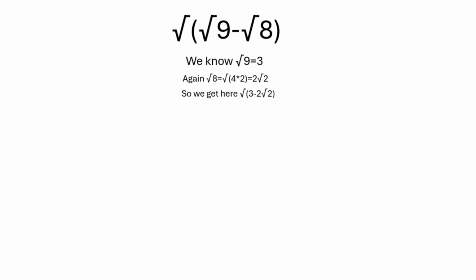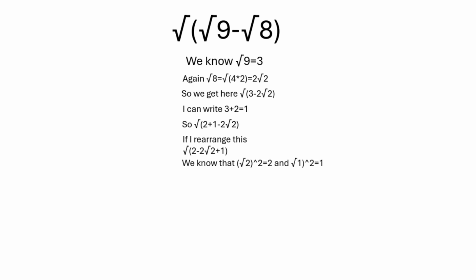Now I can write 3 as 2 plus 1. So the expression becomes root 2 plus 1 minus 2 root 2. Rearranging the terms, we get root 2 minus 2 root 2 plus 1. We know that root 2 squared equals 2, and root 1 squared equals 1. So the expression becomes root of root 2 squared minus 2 times root 2 times root 1 plus root 1